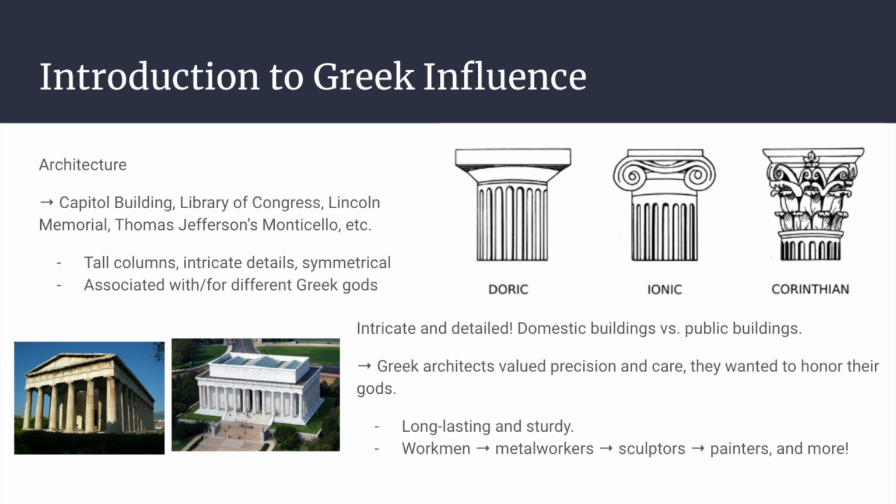The last one is Corinthian, which is the most ornate and elaborate, I would say. There's really elaborate leaf work and scroll work at the very top. I would probably say it signifies natural abundance and growth, but maybe that's just looking too far into it. The Corinthian order gained popularity after the Ionic and Doric. It was the last one. There is no major connection to a specific god or anything, although it is commonly featured around Athena and Zeus.